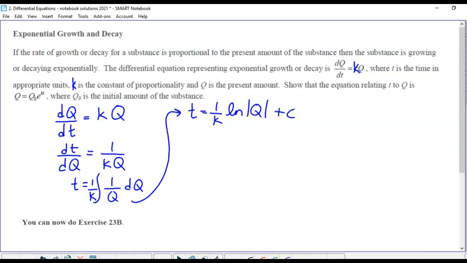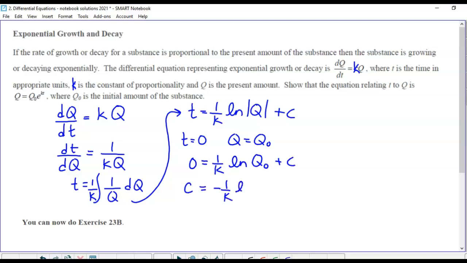Q is the amount, so we're assuming that's greater than 0, so you don't have to have the absolute values. At t equals 0, our initial amount, so Q equals Q naught. All right, so substitute that in. So 0 equals 1 over k ln of Q naught plus c. So c equals negative 1 over k ln of Q naught. So then our equation